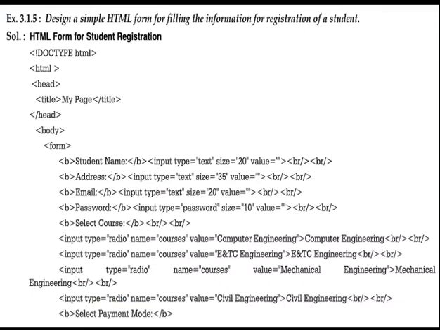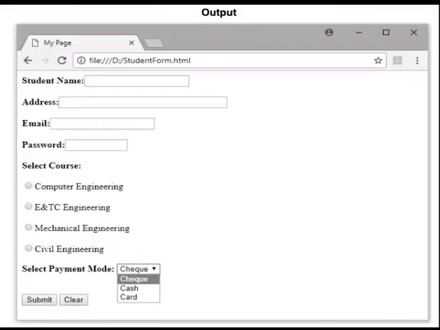We'll first see the output, how the form is going to look, and then we'll write the code for the form. So basically this is your form. This form you have to create. So what all you have to create, first is the student name. So for that you have to take what?